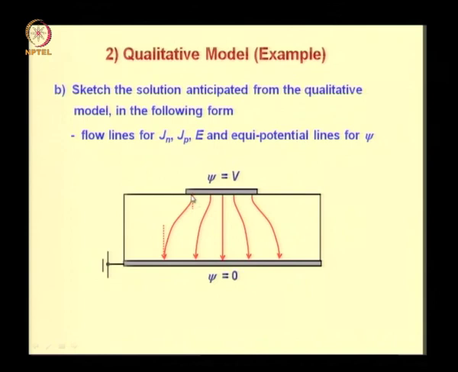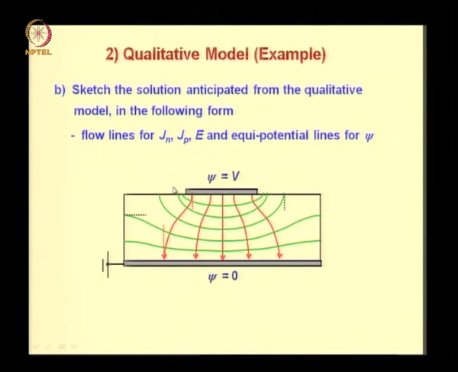The reason for this is that the electric field is perpendicular to the contact, both for top as well as bottom contacts. And why is the electric field perpendicular? Because these are equipotential electrodes. There cannot be an electric field in the lateral direction along these electrodes. So we can sketch the potential lines or equipotential lines which are perpendicular to the current flow lines, and they will appear something like this.